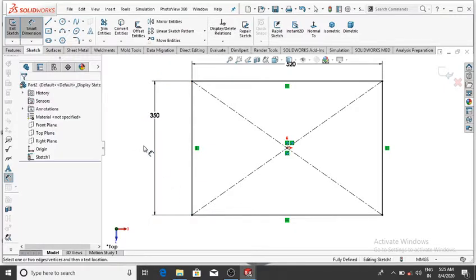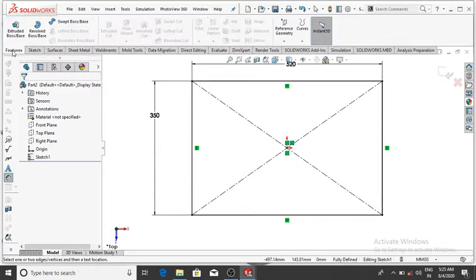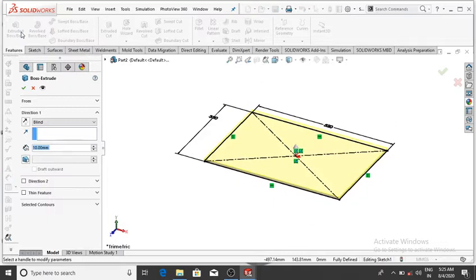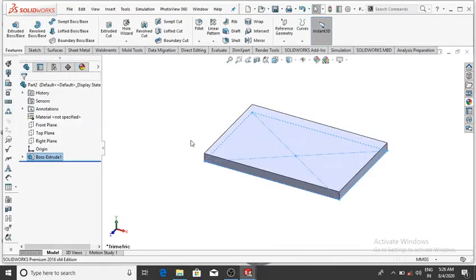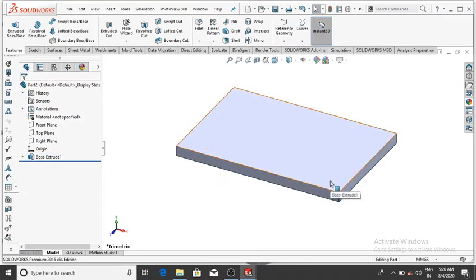So simply go to the features and select extrude boss base and make it up to 30 mm. So make it 30 mm, then OK, and from this, make the fillet on all the corners.